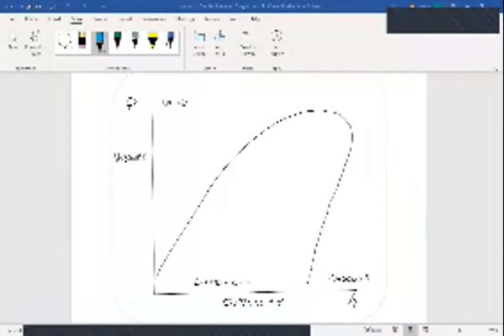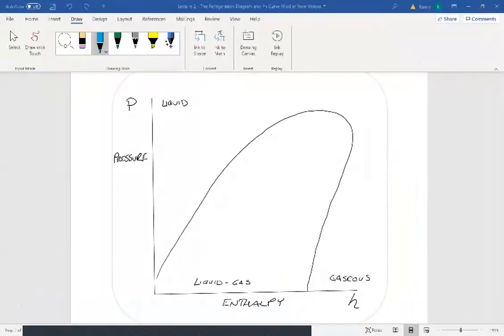Let's draw a pH curve, a pH diagram. The pH diagram for a refrigeration cycle is pretty fun to draw. I like developing it together with students. So if I gave you just this curve, I need you to be at a point where you can draw a pH diagram based on our